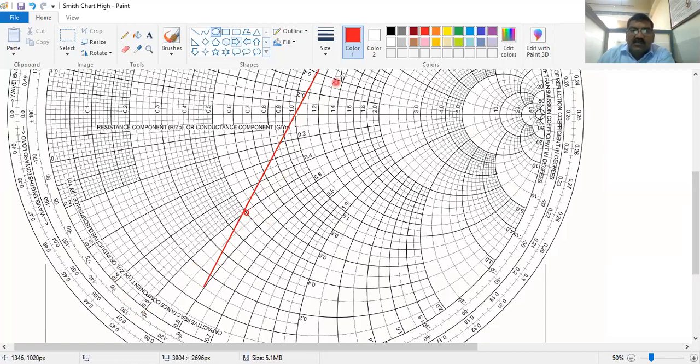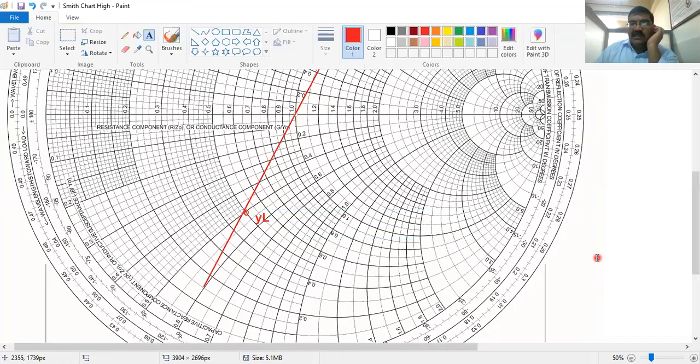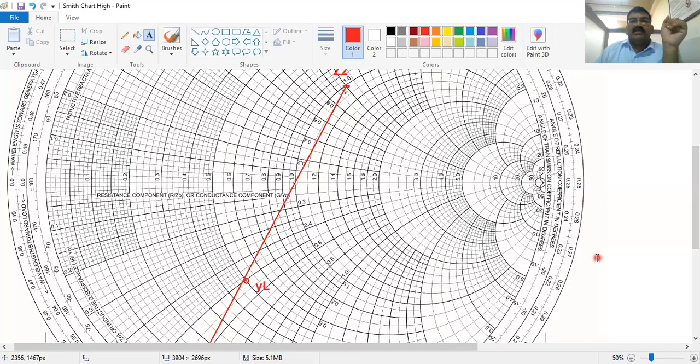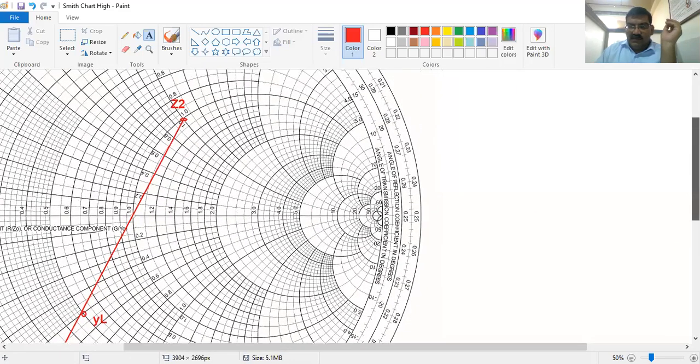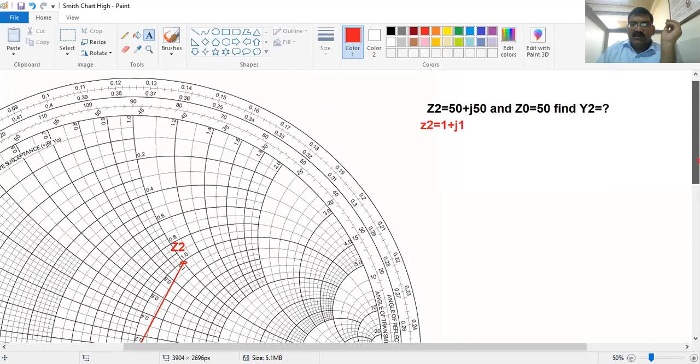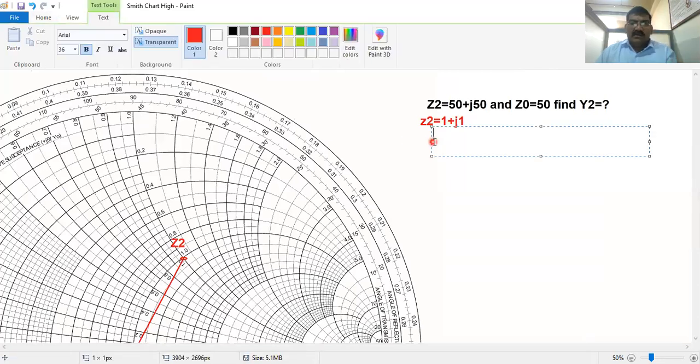Okay, this is nothing but what? My Y1. So I name this as Y1. So you can do it accurately. You will get a little variation here and there. Okay, so the Y1 I should get. So Y1, how much did I get? So I'll go for the Y2, sorry, not Y1, Y2.